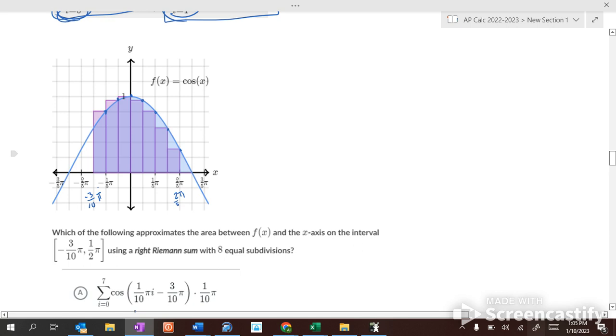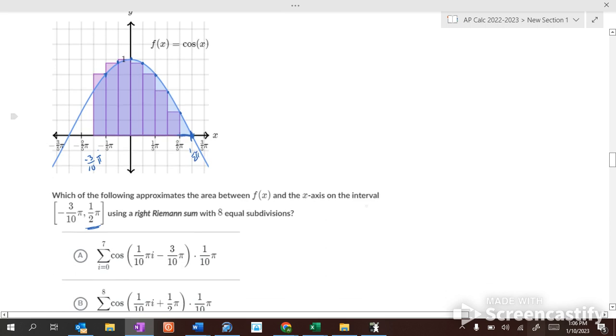Okay? So we go from negative 3/10 pi to, I wonder if they have a mistake. It says 1/2 pi. Oh, yes. Sorry. We go to 1/2 pi, which is right there, because halfway in between 2/5 and 3/5 is 4/10 and 6/10, which is 5/10, which is 1/2 pi. There's no rectangle here. Why? Because it hits 0 on the right side. So there's not going to be a rectangle there. Okay? So,